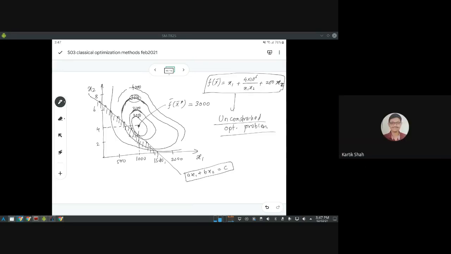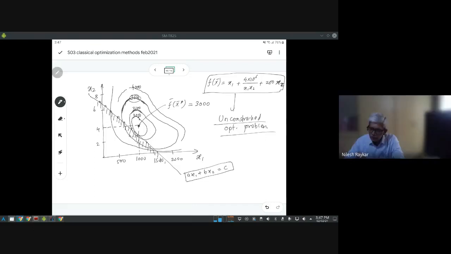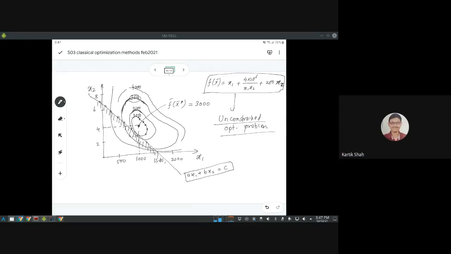Okay, so Sir, is there a scenario like the curve formed by 3050, where all the values are within that curve only? No, every point on this curve will give you a function value of 3050. What is your question? Yes, sir. Will that curve act as a constraint if all the values are given 3050?